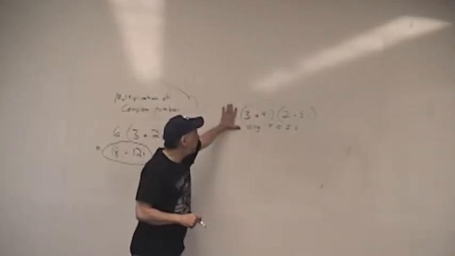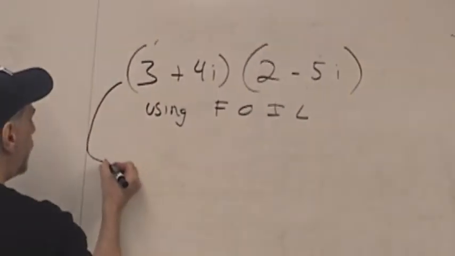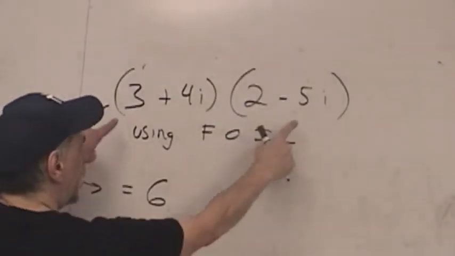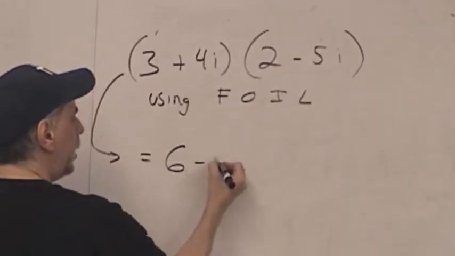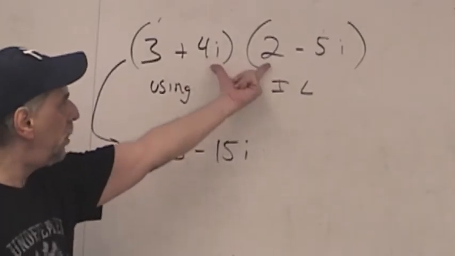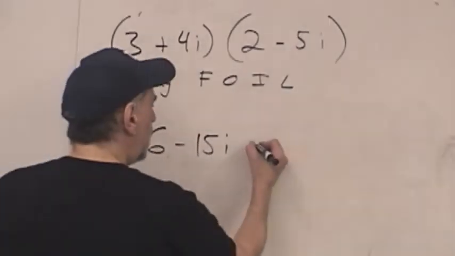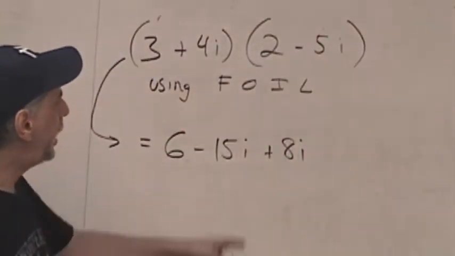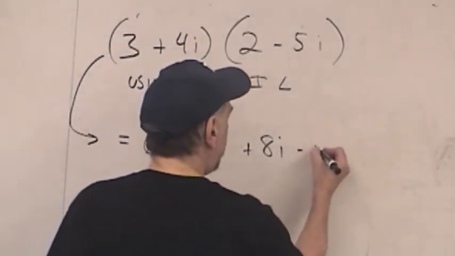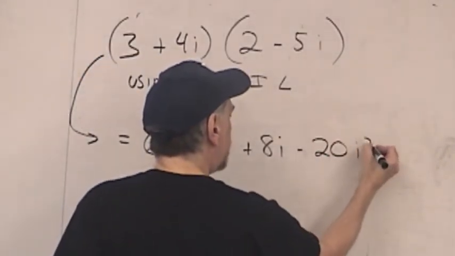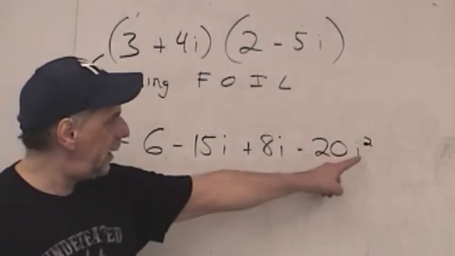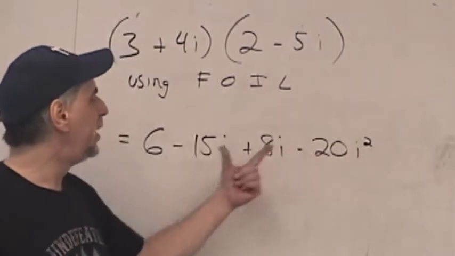All right, so using the FOIL method here, first terms, 3 times 2 is going to be 6. And then the outside term, 3 times negative 5i, is going to be negative 15i. The inside term, positive 4i times positive 2, to get 8i. And the last term, 4i times negative 5i, leaves us with negative 20i squared. All right, so we want to now replace the i squared with negative 1, and then combine, which